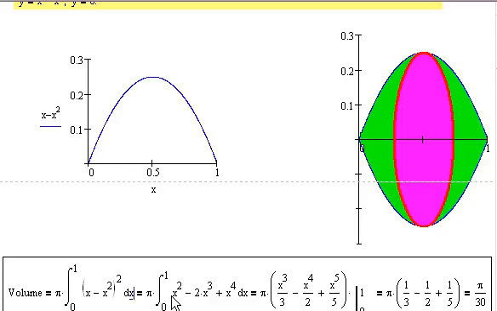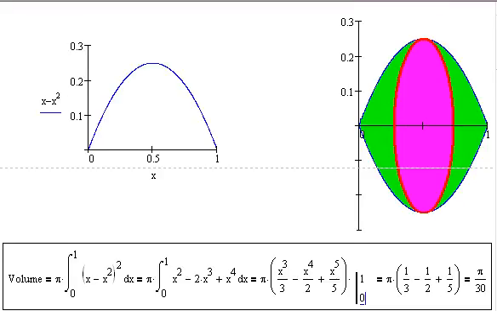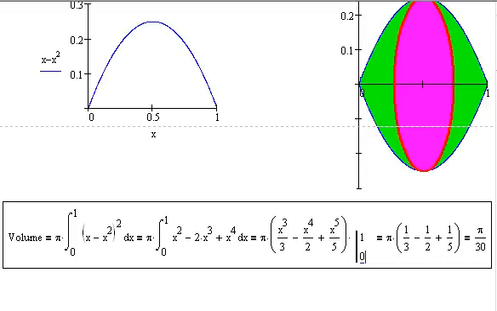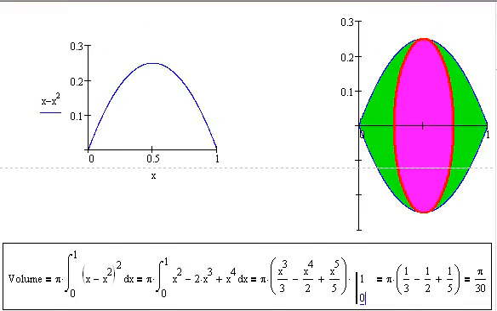And so that means we've got to multiply out this, just use a little elementary algebra there, and then integrating each of these parts. Integral that part, x cubed over 3, this one x to the 4th over 4, so that's 1/2 x to the 4th. And integrating this one, x to the 5th over 5, and all that between 0 and 1. Well, great, when I put in 0, everything disappears. When I put in 1, I get 1/3 minus 1/2 plus 1/5. And so that whole thing turns out to be pi over 30, and that's a very small item, as you